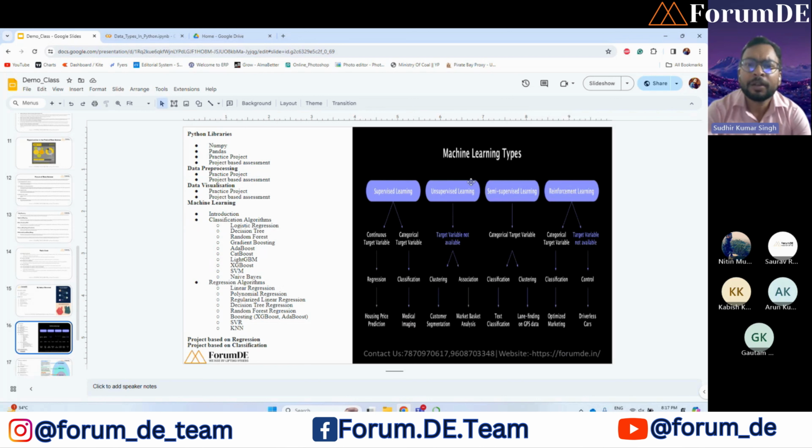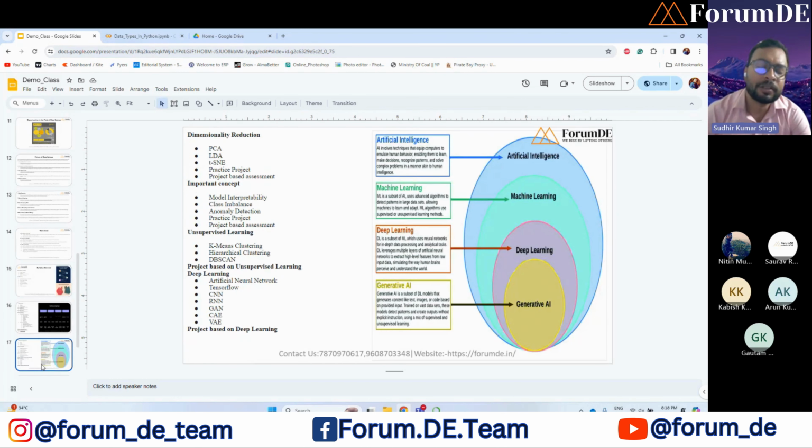We'll be covering supervised, unsupervised, semi-supervised, and reinforcement learning types of machine learning, and we'll cover certain projects, which we will discuss in depth later when we are near that topic. I will give you two to three options for a certain topic, and you choose any one of those projects to work on.